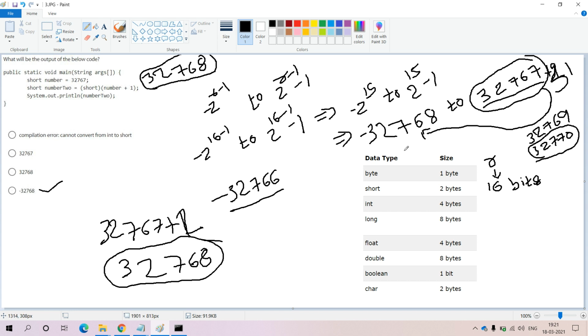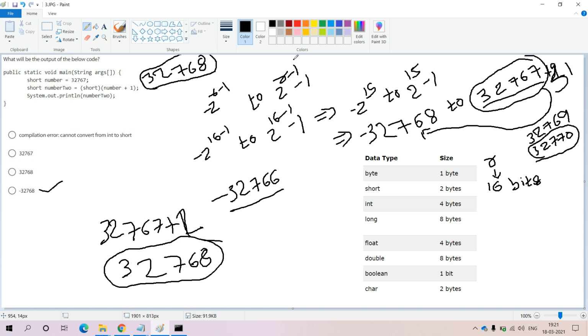If you try to exceed the size of the short data type up to 2, you will get the negative value minus 1. Negative value minus 1 in the sense 32768 minus 1, you will get 32767. That is the output that we are getting for the maximum size exceeding for the short data type. Like that, we can easily calculate it.